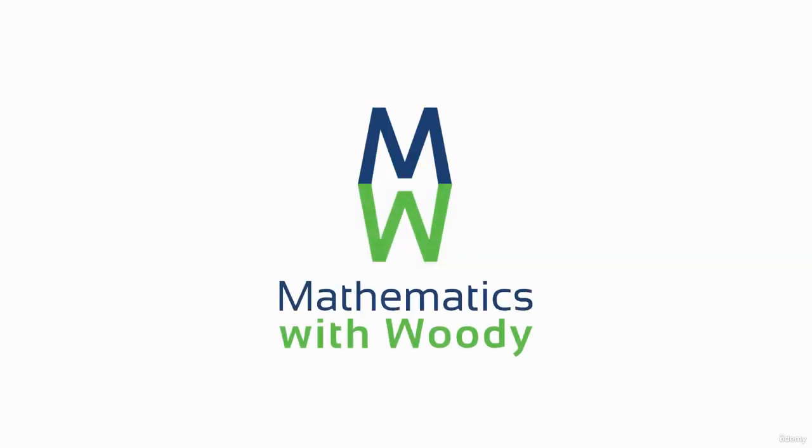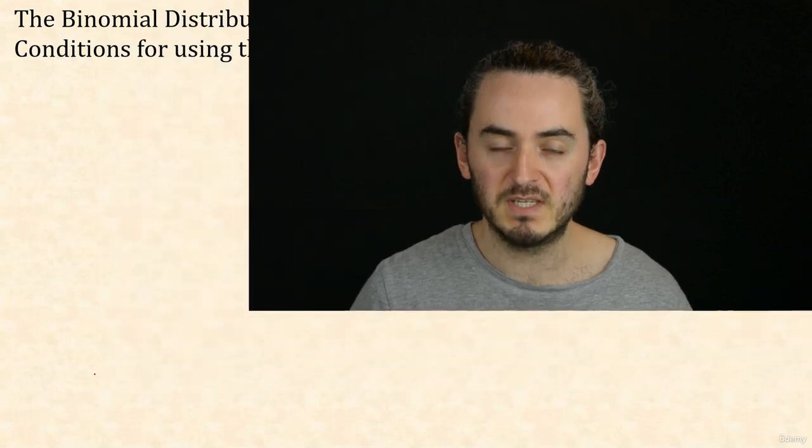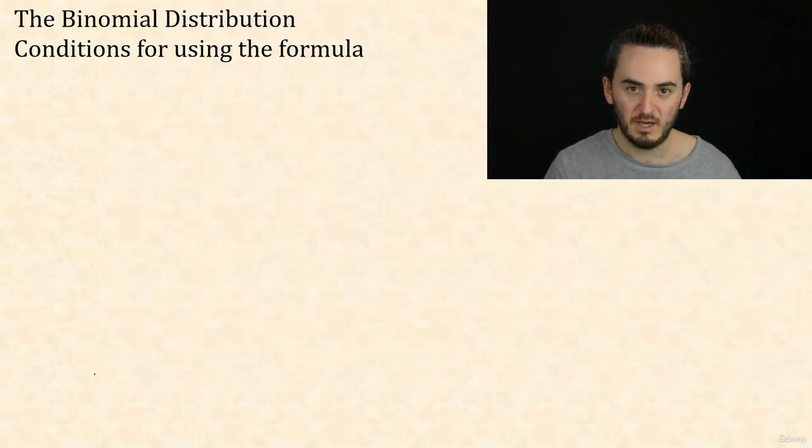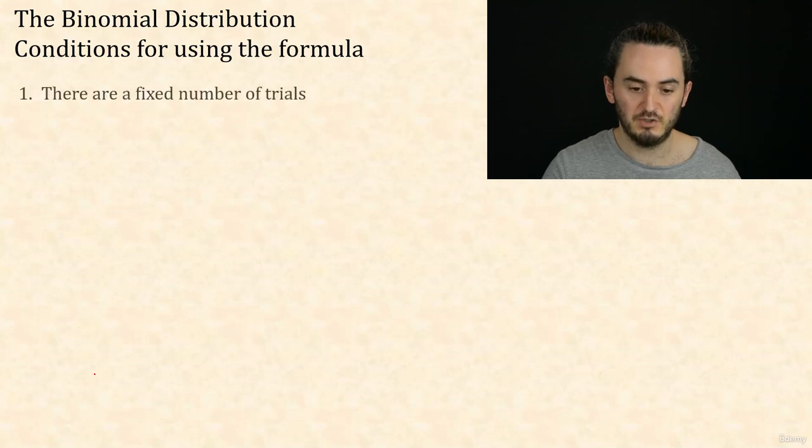In this video, we're going to look at the conditions that must be satisfied in order for the binomial probability formula to be used. The way that we set this up was always about counting the number of successes out of a fixed number of trials. So that's actually the first condition: in order for binomial to be appropriate, there must be a fixed